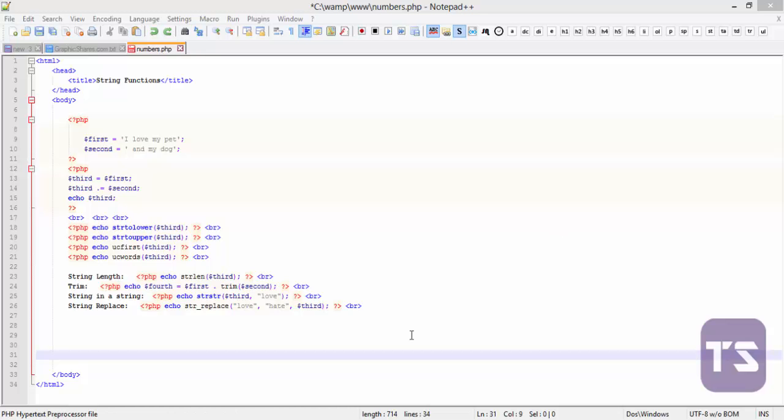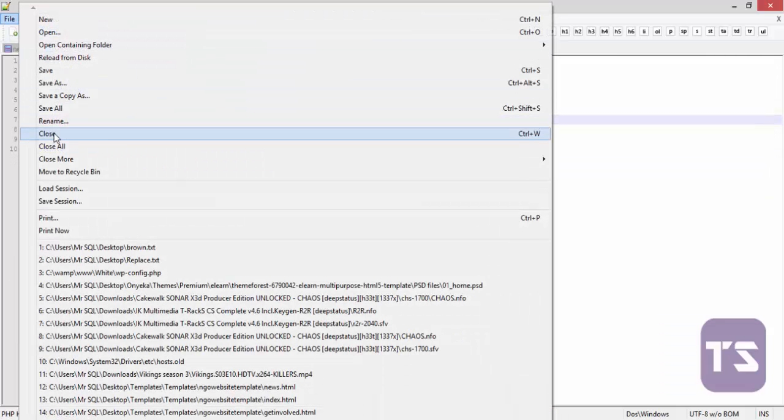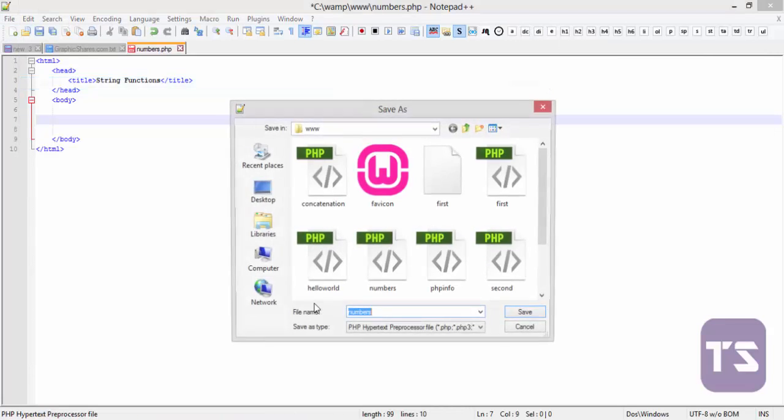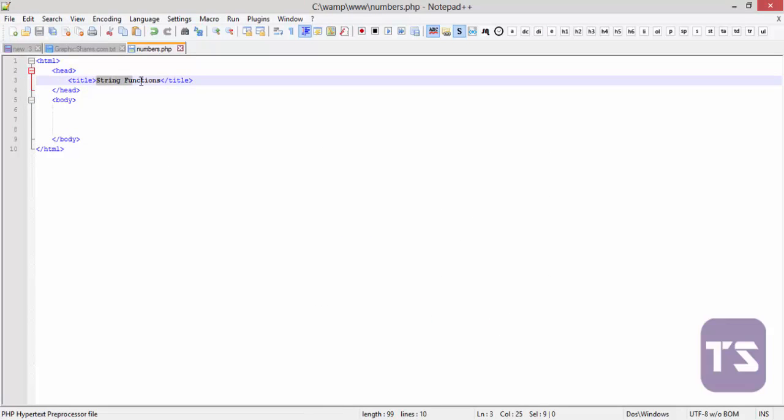Now that we've known a little of what strings and variables are all about, we'll jump into something new, and here we're going to be talking about numbers. So I'm just going to delete all of this, do a save as, and call this one numbers. Okay, so here we're going to change this one too to numbers,